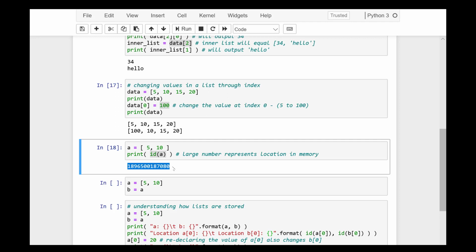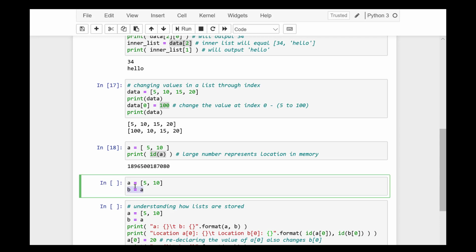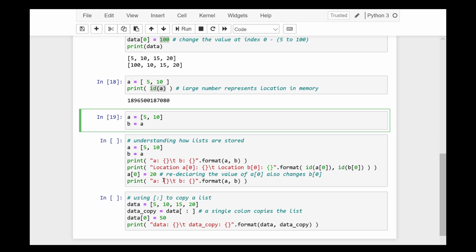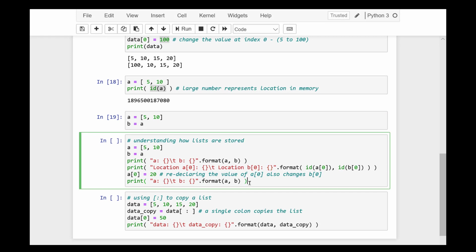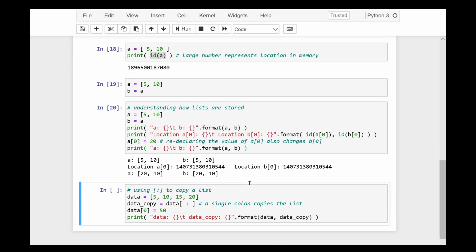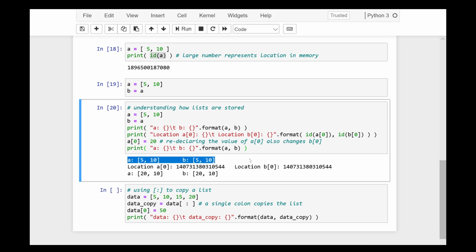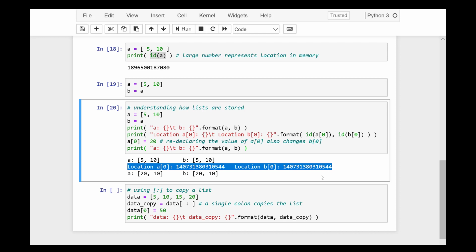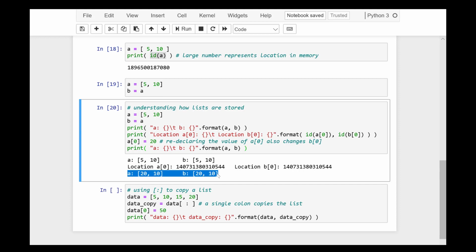Now, if a variable's value is another variable, like so, changing the value at a specific index will change the value for both lists. So let's see an example. If you go ahead and run that cell, you're going to get several outputs here. The first is printing out the values of both list variables to show that they have the same values. The second print statement will output the location in memory for each list's first item. Then lastly, after we change the value of the first item within our A list,